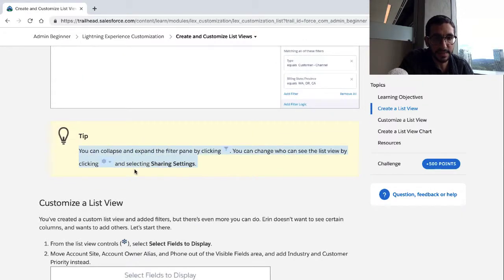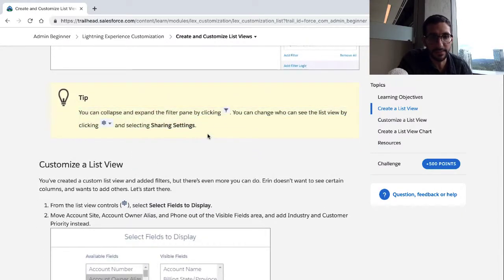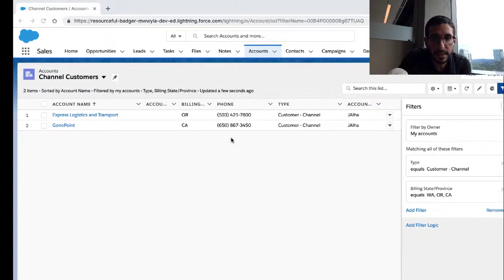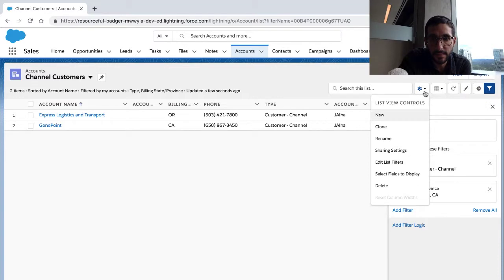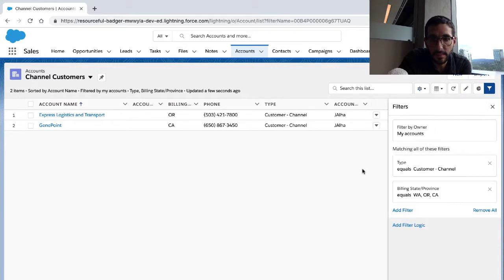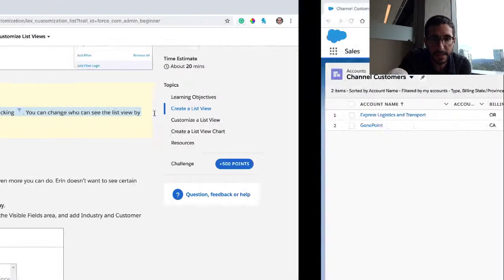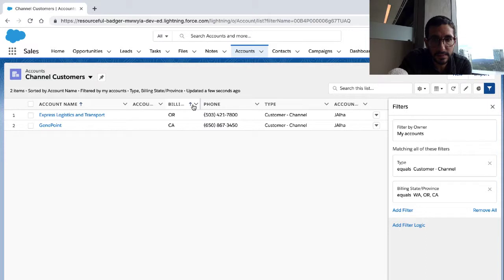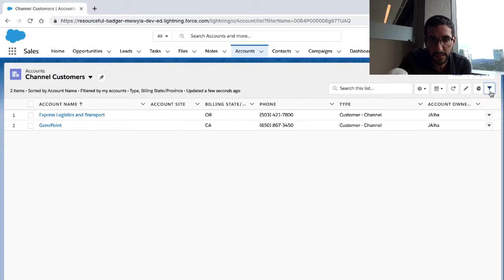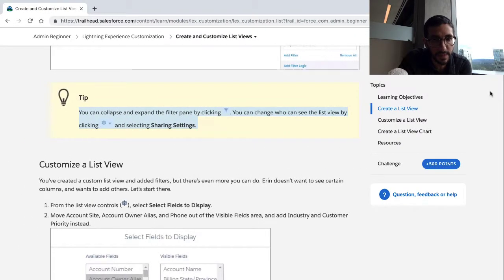Tip, you can collapse and expand the filter pane by clicking the filter icon. You can also see the list view by clicking on sharing settings. You can collapse and expand the filter pane. Oh, got it. This filter pane goes away by clicking on filters. Got it. You can change who can see the list view